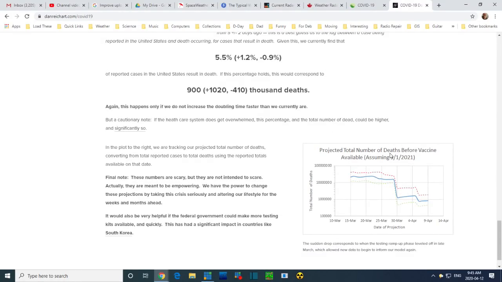Projected number of deaths before a vaccine. The idea behind this is once the vaccine comes, the issue goes away, and that's the end of COVID. We never have to look or think about it again. But until then, people are going to die at an accelerated rate. And what will that add up to? Your eye has probably found this number here: 900. Two days ago this number was 840. 900,000 American deaths before next September.